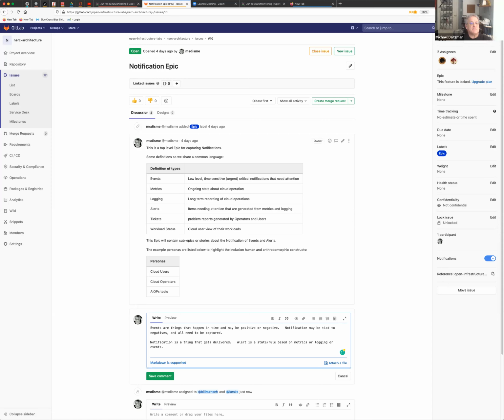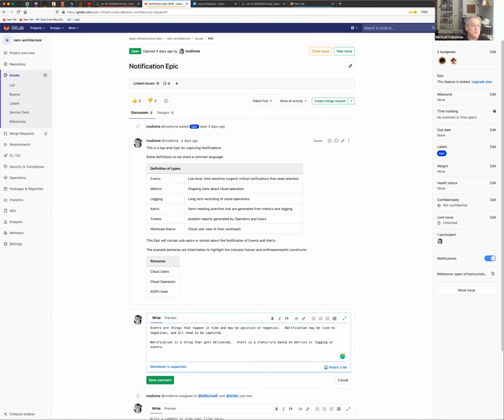My other question is, does the addition of that definition make this epic worthy of being an epic? Or can we in fact spread this across other things, taking this into account? I'm not sure that by itself it's an epic, because I think it's going to be tied so closely to other stuff. So let me flag that in this note, just so that we remember. I would argue that this will be tied very tightly to alerting, because you'll decide what things constitute alerts, and then you'll decide how and to whom those alerts are going to be delivered.